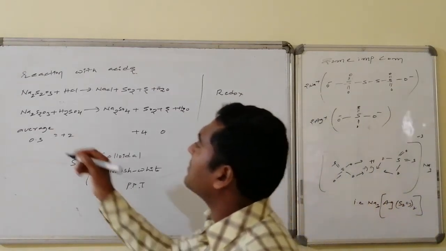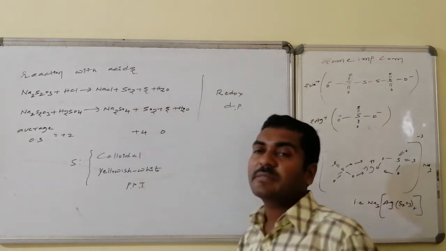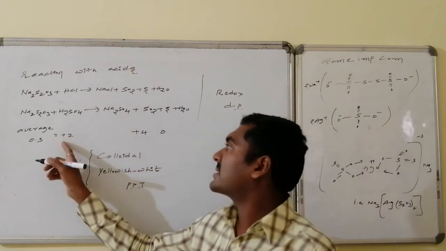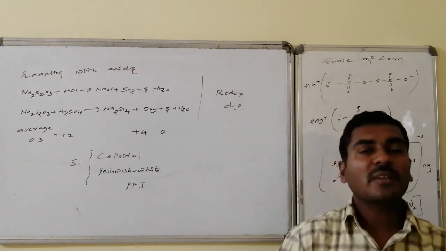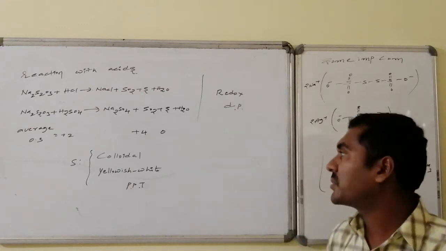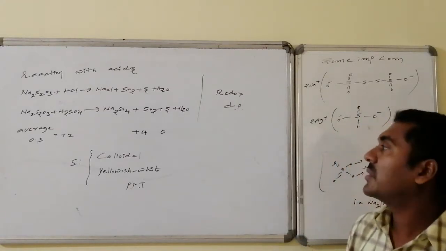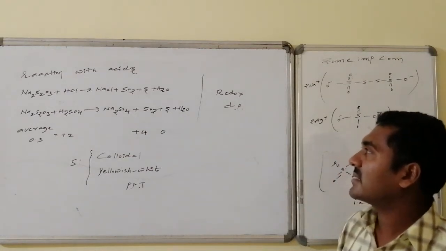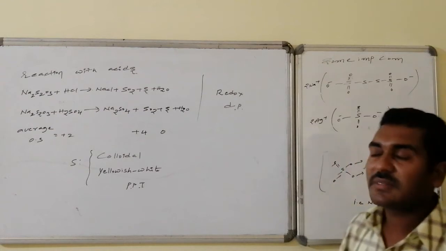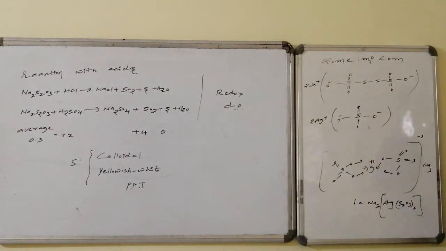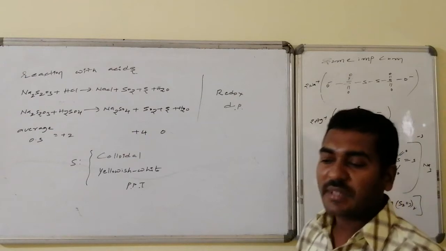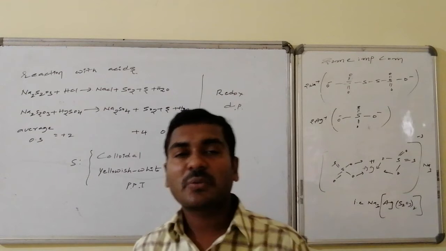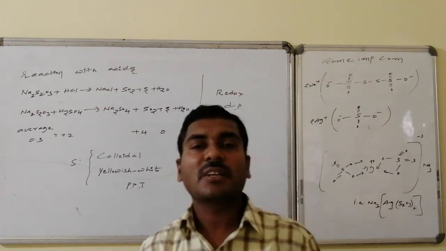See here, one of the sulfurs maintains +4 as the state, the other sulfur maintains 0 as the oxidation state. Thus it undergoes disproportionation. The average oxidation state of sulfur in sodium thiosulfate is 2. That 2 is converted to one as +4 and the other as 0. Hence it is a redox reaction, a disproportionation reaction. The elemental sulfur that is formed is colloidal sulfur, a yellowish white precipitate. So colloidal sulfur formation occurs when sodium thiosulfate, hypo, is allowed to react with an acid like HCl, or otherwise sulfuric acid.